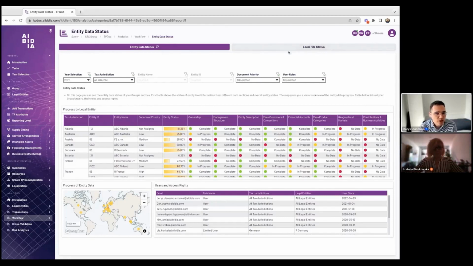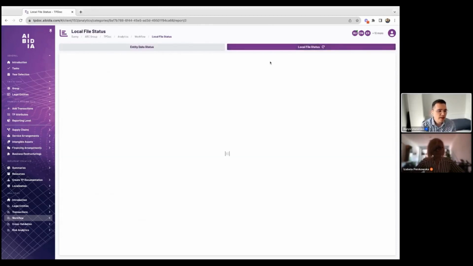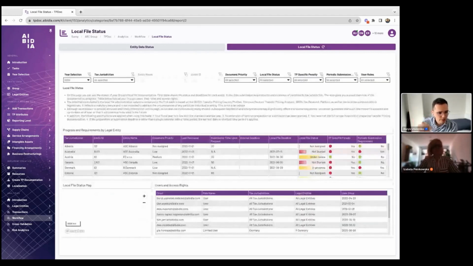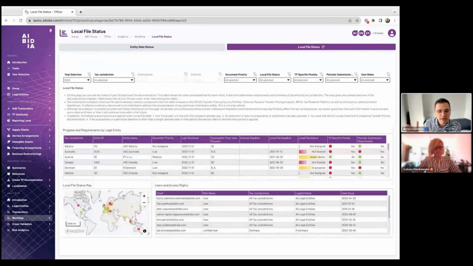In the same way, you can also look into your actual local file status. So entity data is one thing, but local file is a little bit different, right? You have a set of companies, and then you have to generate local files or prepare everything for creating local files at a particular point in time. That's why we have this local file status dashboard that helps in-house teams to have full visibility and control